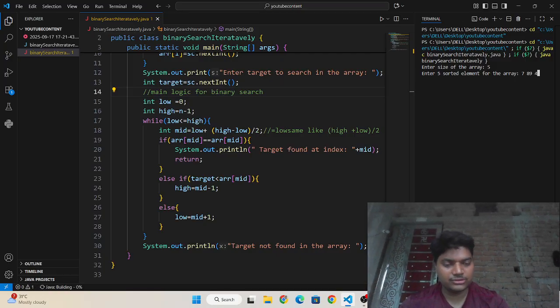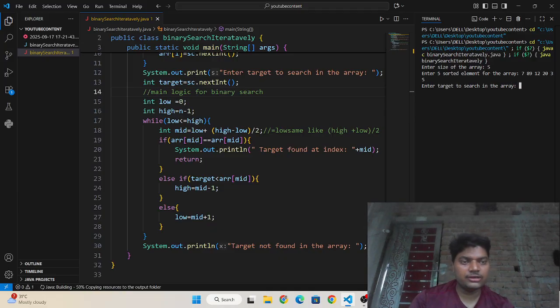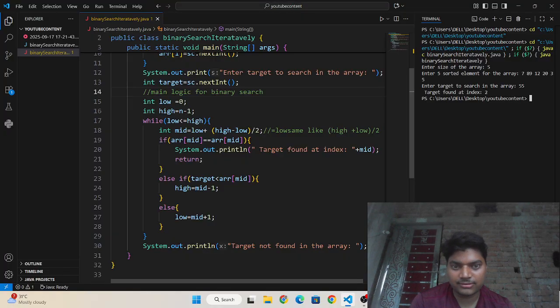I need to enter only sorted elements, so that's why I am running like this, 20 and 35. Enter target to search in the array. I am entering 55. Target found at index 2. Why target found at index 2?